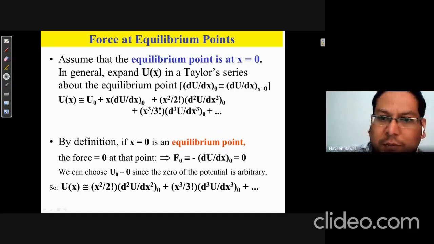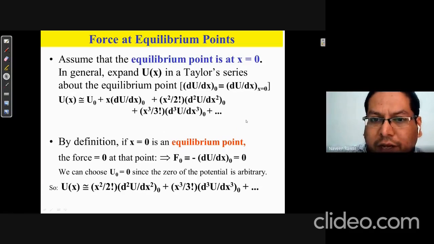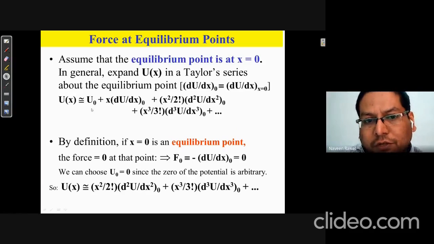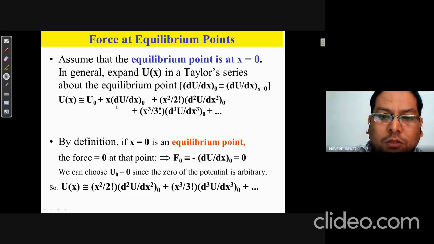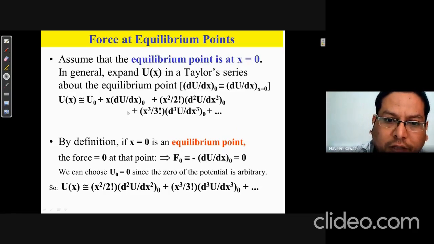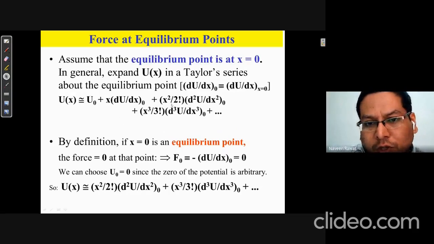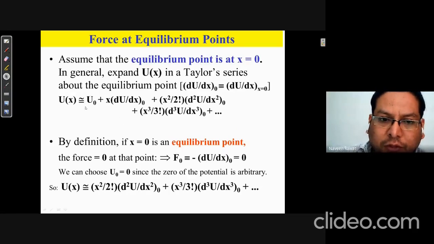We can keep some terms in this series which are important for us, and eliminate higher order terms. Again, it's basically allowing us to equate the function as closely as possible to this expansion, and the more terms you include, the better agreement to the actual function you get.